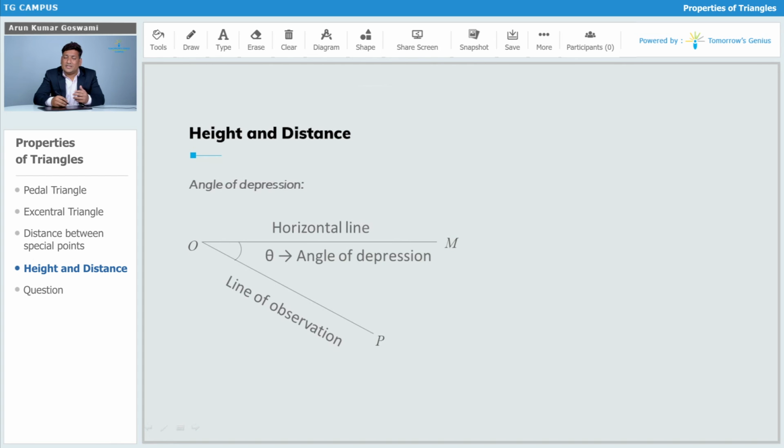Now let's see some problems. The problems will be like this: you are at some top, you are the observer, and you are observing something. In all these areas we can apply height and distance. For example, some plane is going out in the sky and you are watching that plane. Someone may give you the height of the plane from the ground, the distance between you and the plane, and the angle. If something is given, you can definitely find a third thing,